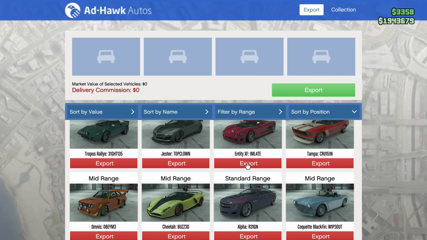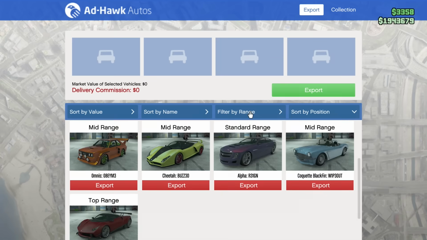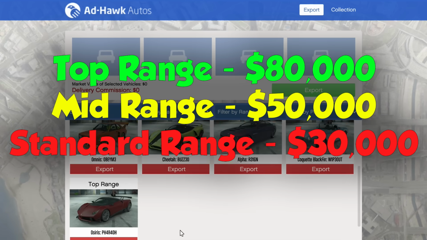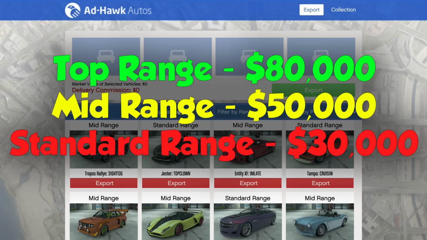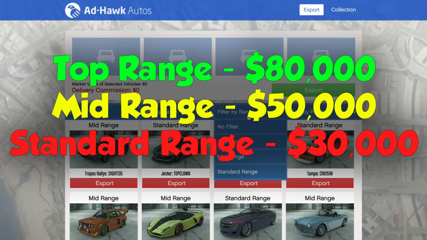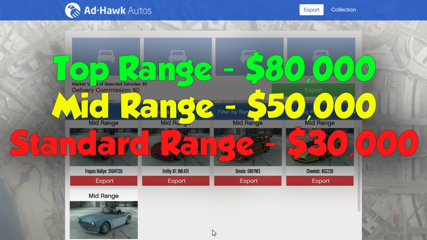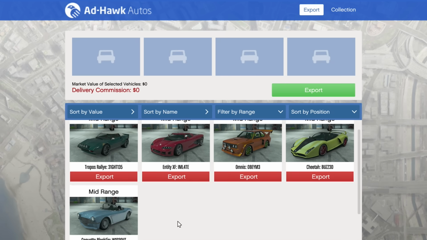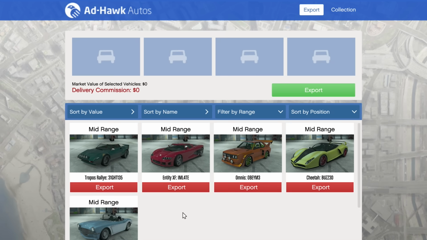So how much can either of them earn you? Per sale, for a standard range vehicle, you can make up to $30,000. For a mid-range, you can make up to $50,000. And for a top range vehicle, for a single sale, you can make $80,000. So I don't think I need to explain. Top range is obviously the best. We want to get as many top range cars and sell them